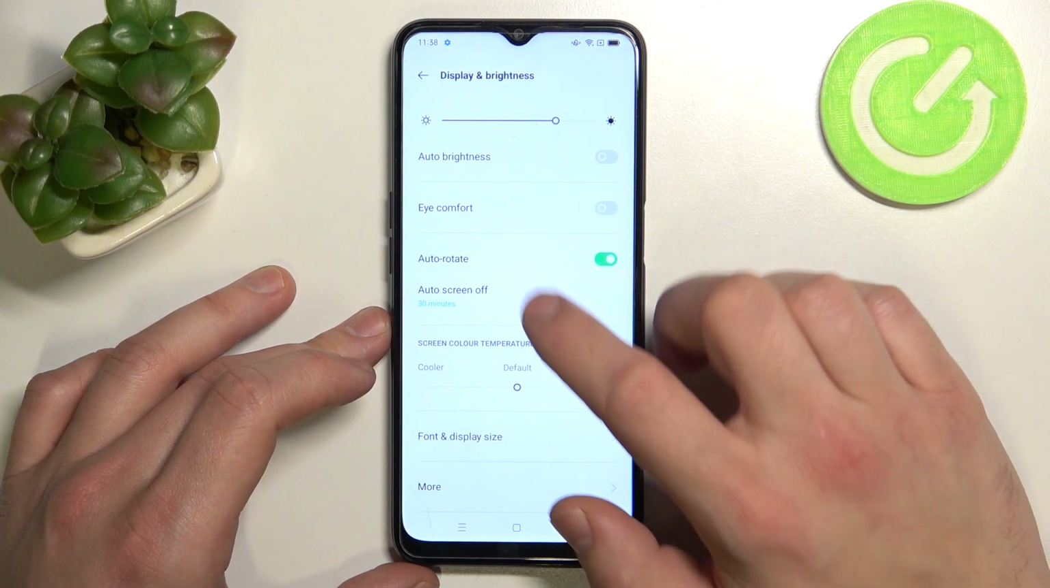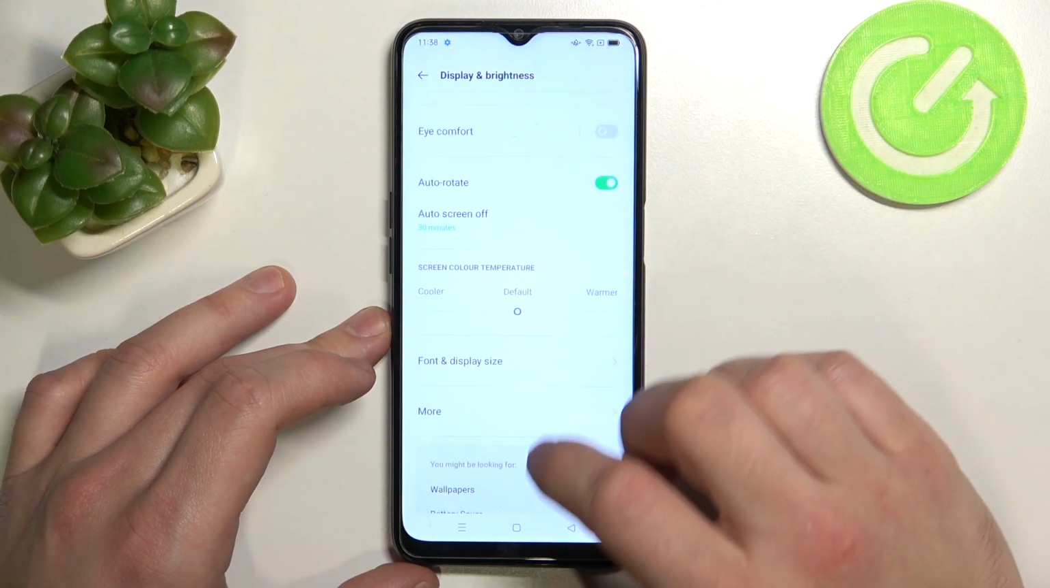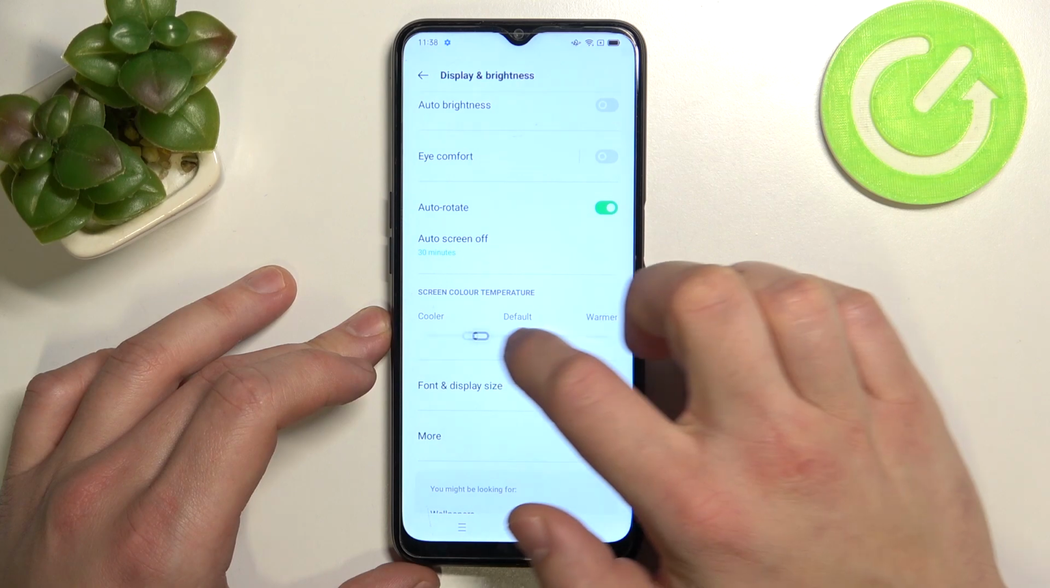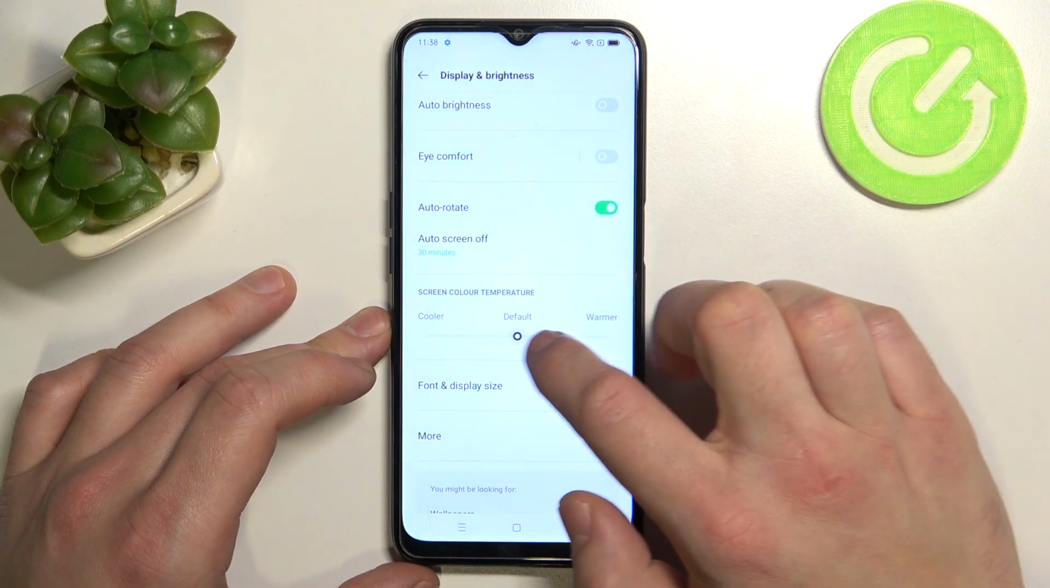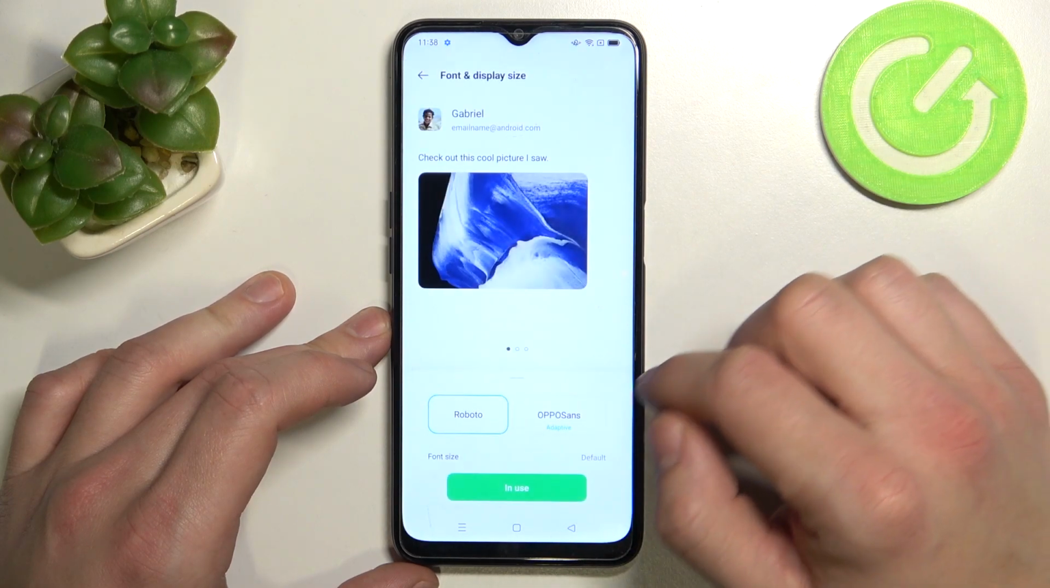auto rotate screen, change screen timeout between 15 seconds and 30 minutes, change screen color temperature between cooler, default or warmer, font and display size,